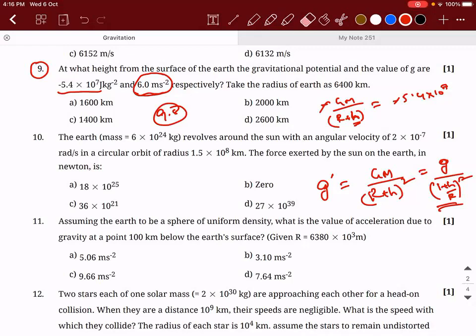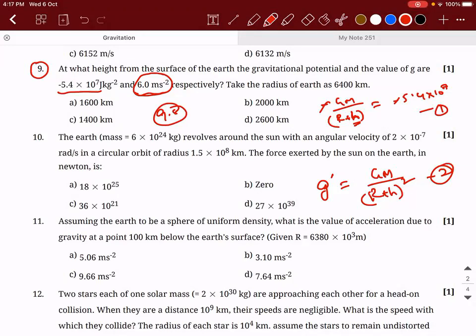Or else what we can do is we have two different equations. You divide both, you will get the answer. GM will get cancelled. I hope you're able to understand. Divide the first one with the second one. Then you will get R plus H is equal to something. Then find the value of R. I think that should work. Can you do it fast and tell me?